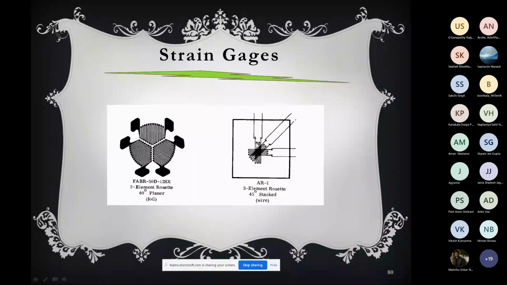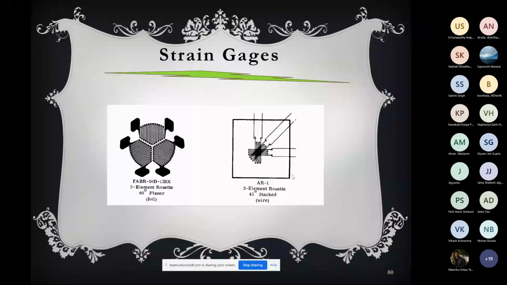So you implant these three strain gauges on a single point, and for each strain gauge you have a Wheatstone bridge. From the Wheatstone bridge of each strain gauge you are getting an output. From the output you will know the strain in each direction. So with this Rosette structure, you can determine the strain in the x-axis, the y-axis, and the xy, that means trans direction. Accordingly, you can find out the strain matrix.